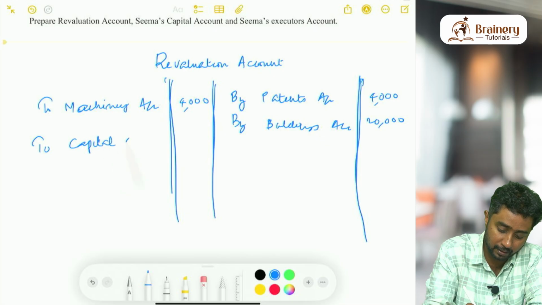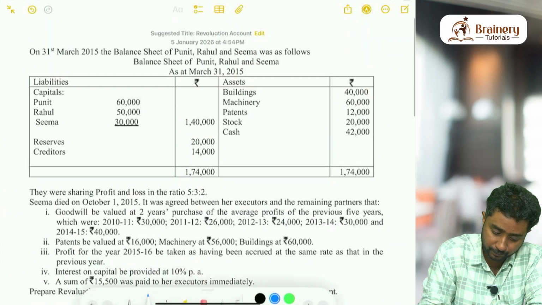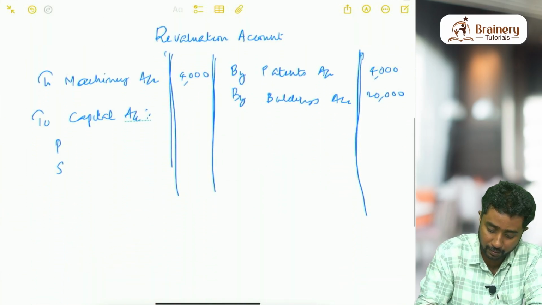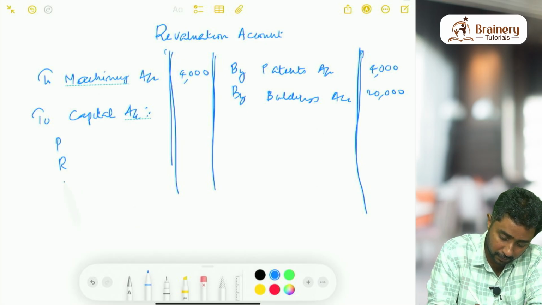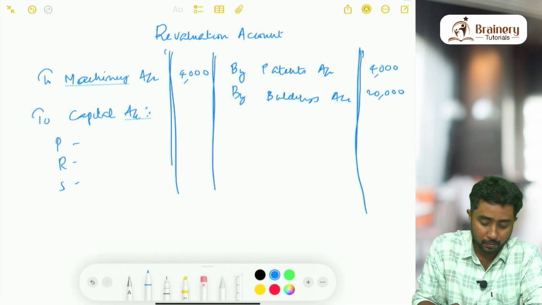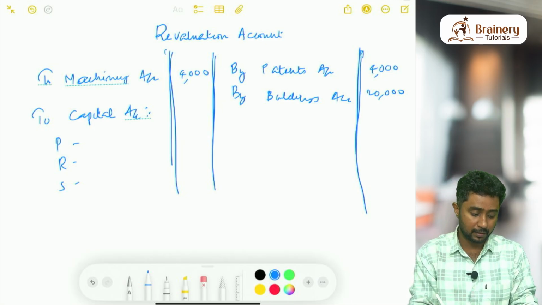So we will be writing to the capital accounts of Puneet, Rahul and Seema. I'm just writing their first letter itself. We are getting a difference of 24,000. 24,000 is the total of the credit side, and the debit side total is 4,000. So the difference between these two is 24 minus 4, into